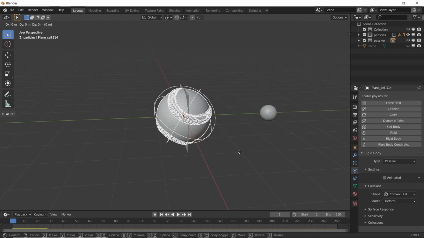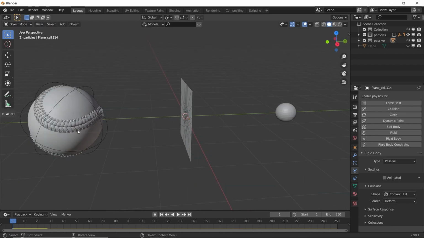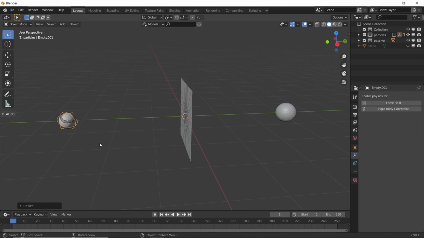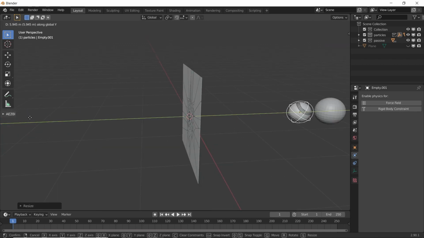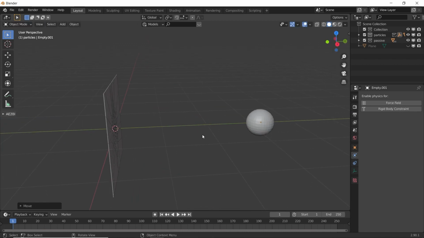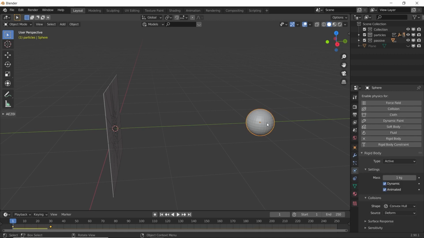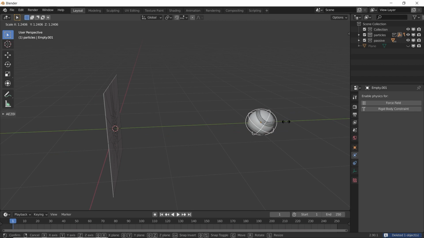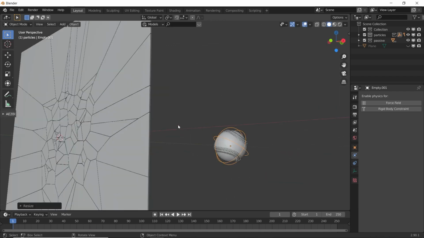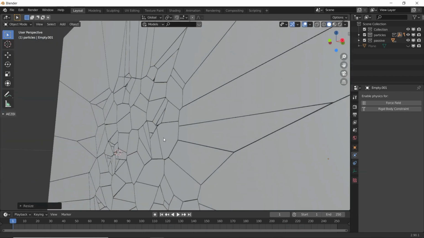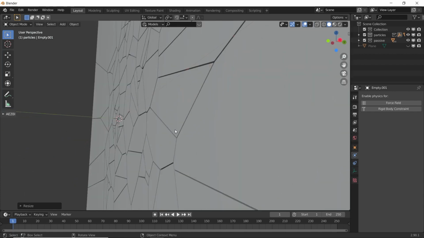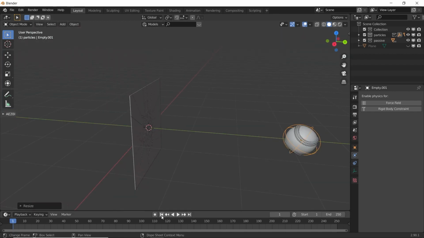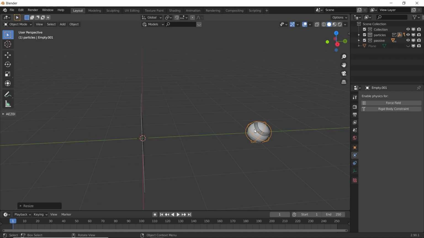So append the ball, grab it on y-axis, scale it down a little bit, grab it here. Now delete this sphere. Let's scale it a little bit. Okay, let's animate the position now.